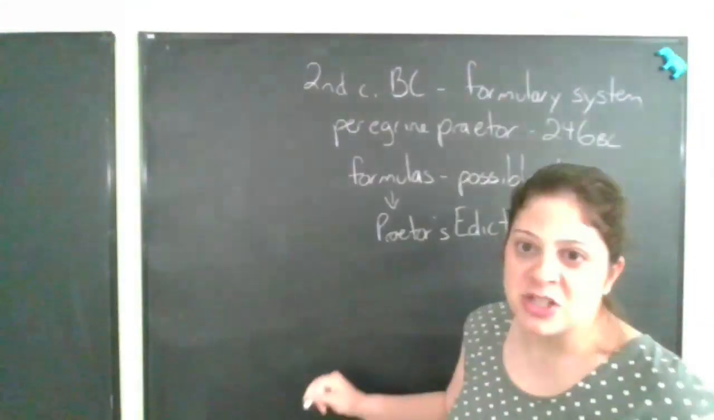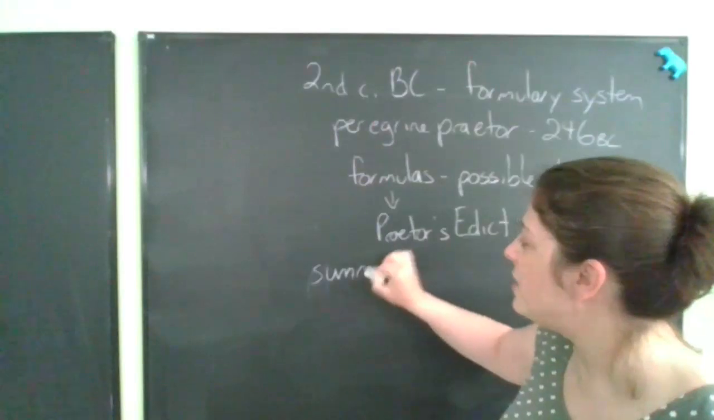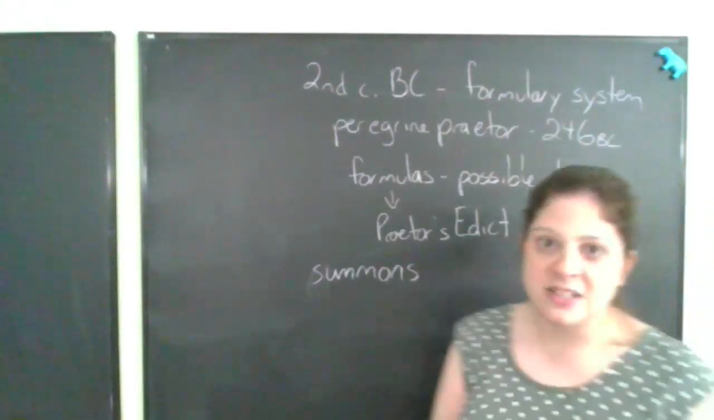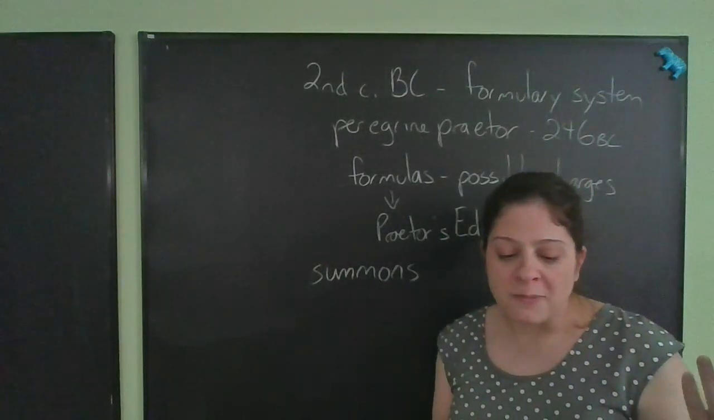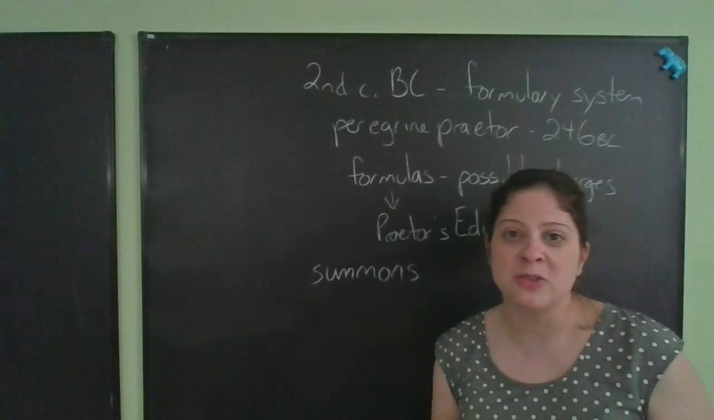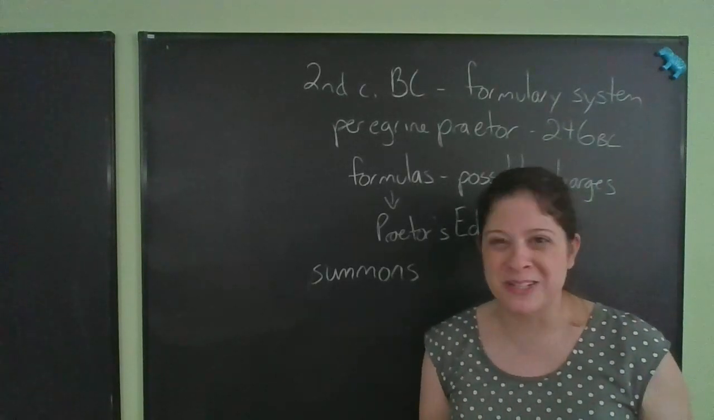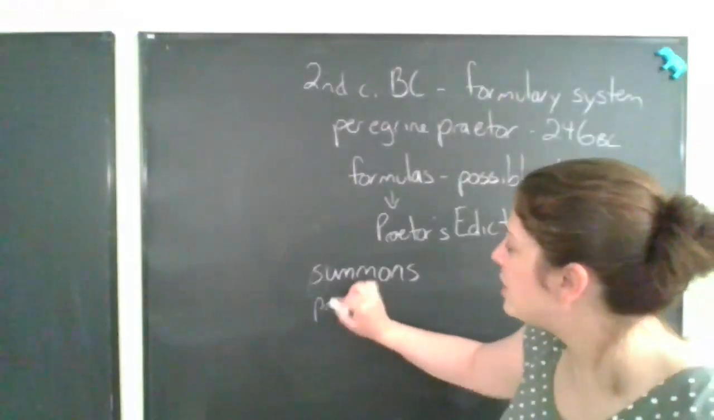Otherwise, it's very, very much like the Legis Actio system. You have the summons. Originally, again, you summon a defendant to show up before, in this case, the peregrine praetor. Although now, if he refuses to show up, you can complain to the peregrine praetor, and he'll order the defendant's property seized in that case, if he doesn't comply. Then you have the preliminary hearing,